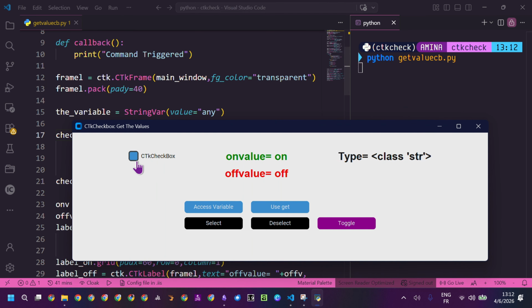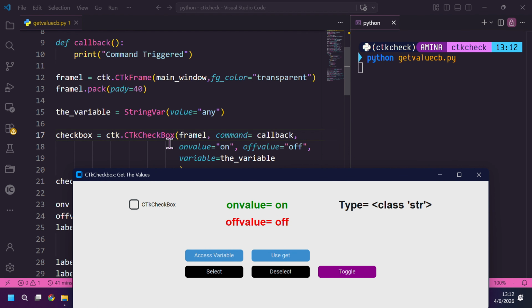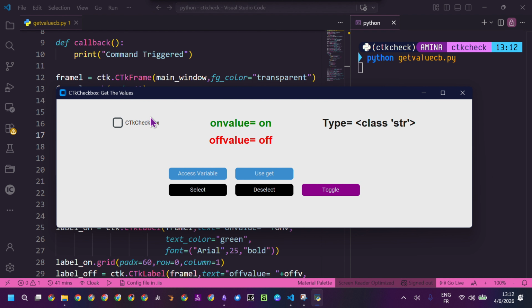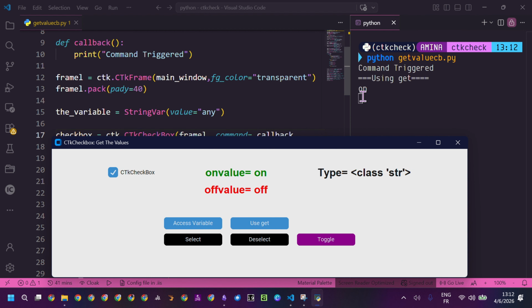So we have this customtkinter checkbox created here. I have called the CTkCheckBox with the frame as master and the command set to this callback function that will simply print the command triggered message. It has the on value equal to the string "on", off value equal to "off", and an associated variable. So each time I click on the checkbox, it will trigger this command, and will also change the value of the variable associated to it. So the value is equal to on here, and if I uncheck it and get the value, it is equal to